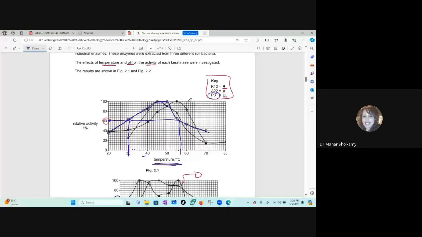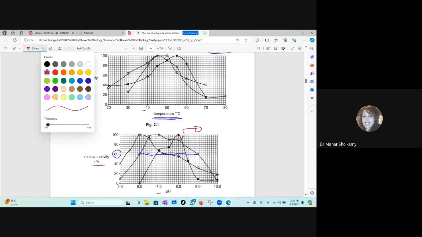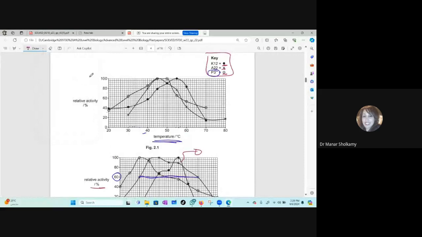You will have to do that, even if it's very boring. K12 is the one with a solid circle. Let's look at the temperature range. Let's look for advantages and disadvantages. Mariam, what's the temperature range for K12? K12 is the solid. What is the temperature range? It works at